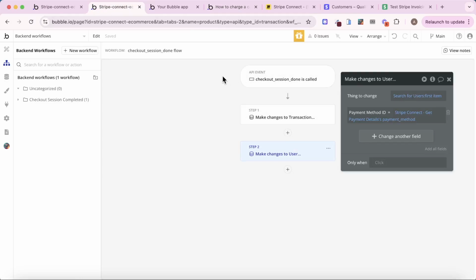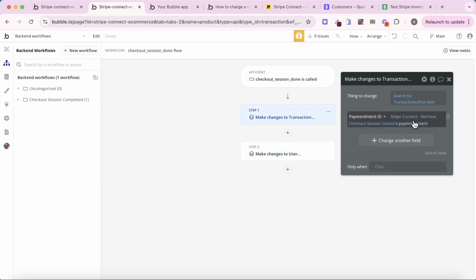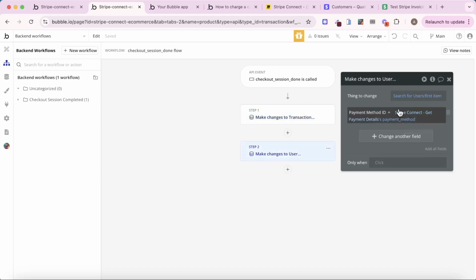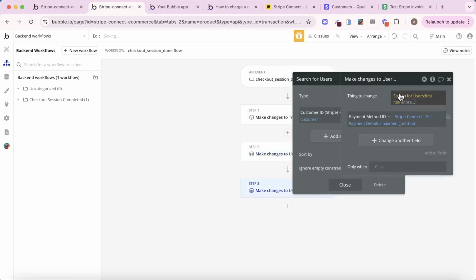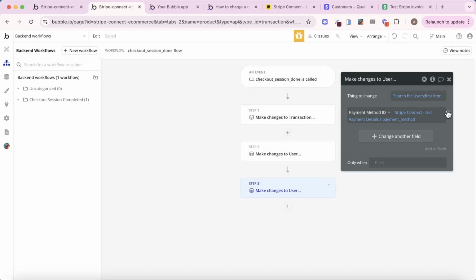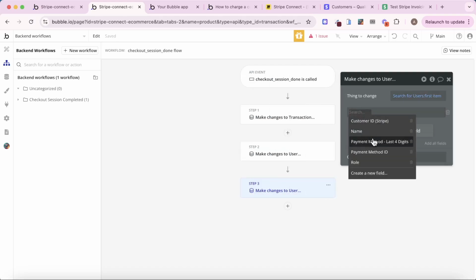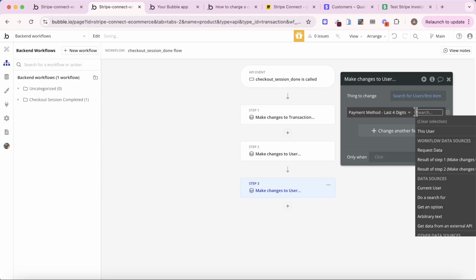So you might remember, once a checkout session has been completed, we're making changes to a transaction to get the payment intent. We're then making changes to the user who created that checkout session to get their payment method. And then we can also make changes to the user again. In fact, I might just copy this step, make it easier. So we're making changes for that user again, but this time we're saying payment method last 4 digits is equal to